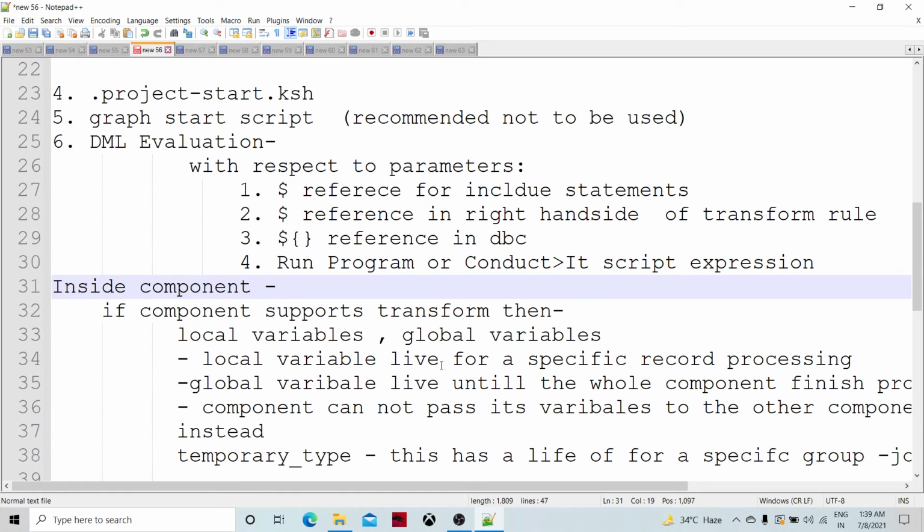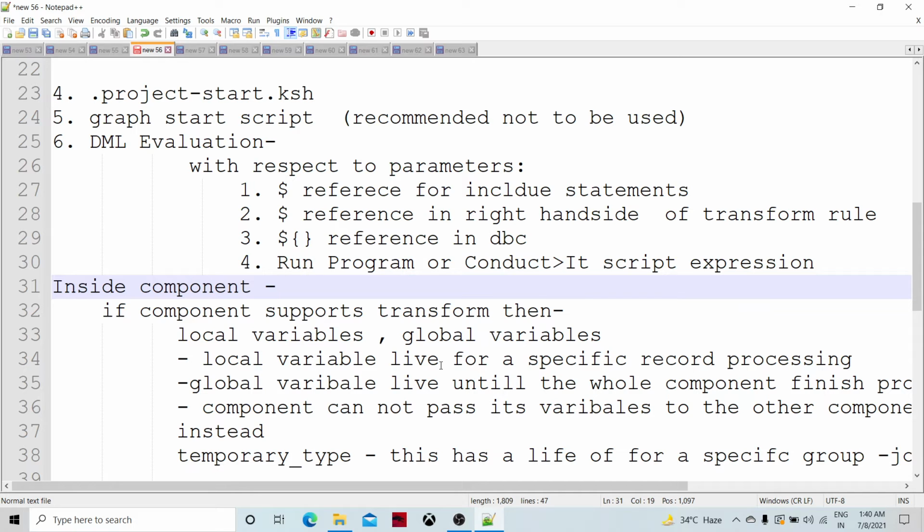If we talk about inside a component, we will have local variables and global variables. When you specify a package within a component, such as a multi-stage transform component, we specify the inbuilt functions and also inbuilt types or defined types. We can define types, and we can define functions as well.